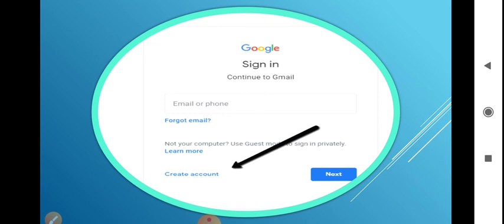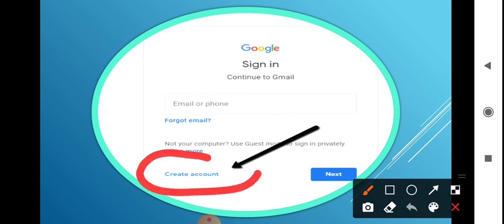See, you can see the picture. Now, opening a new email account, or you can say create account. In the picture, you can see the arrow shown here. If you don't have any account and this is the first time you are sitting at the computer to make a Gmail account, for that purpose you have to click on create account.